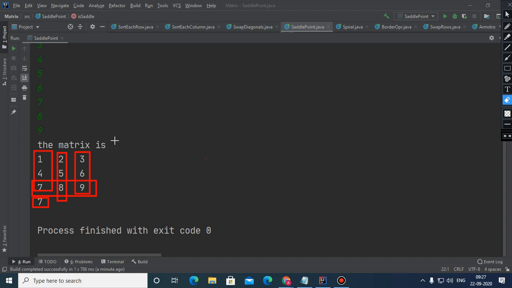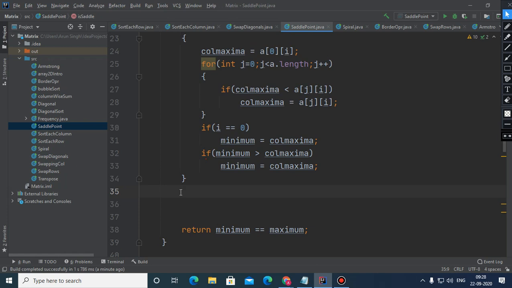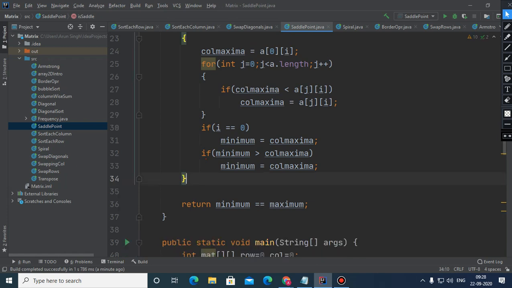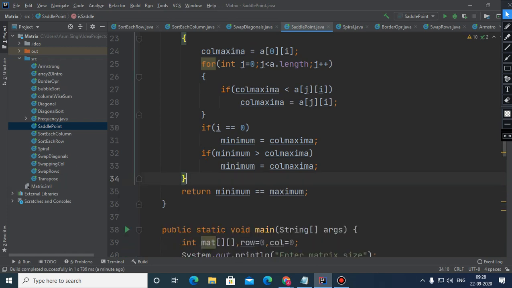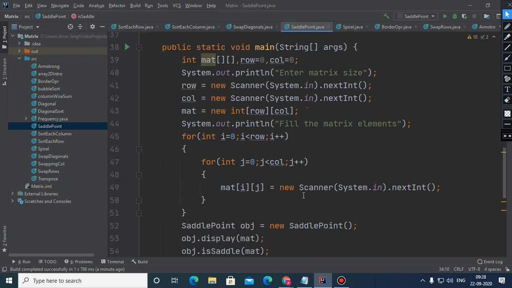So here we have got the maximum from row minima and also the minimum from column maxima. If we remove this line, the rest I have already written. If the maximum from row minima and minimum from column maxima are the same, a saddle point exists.